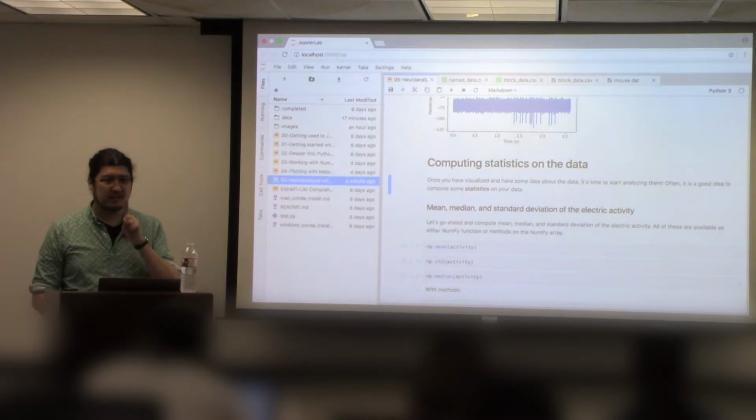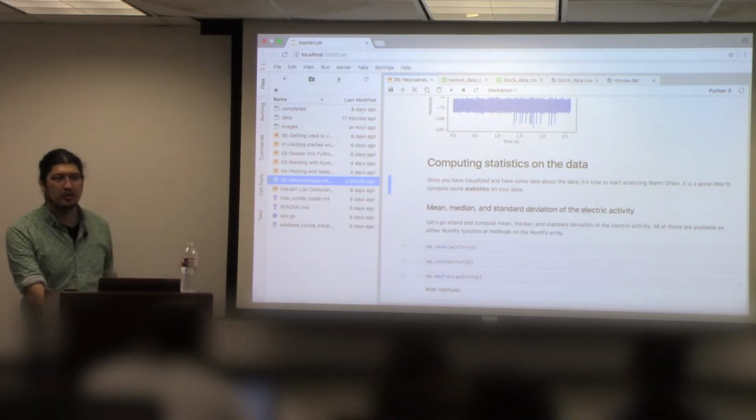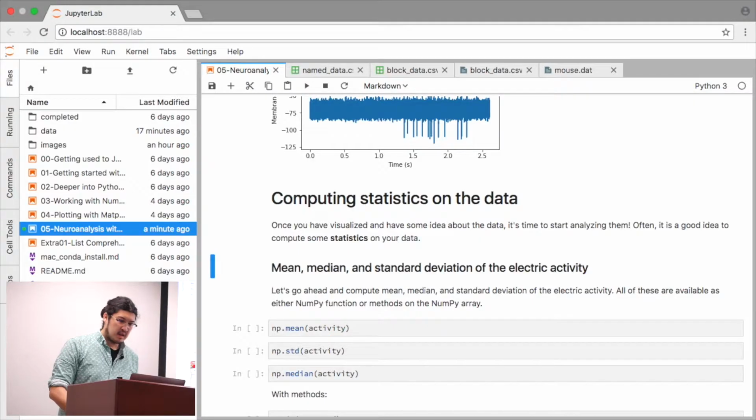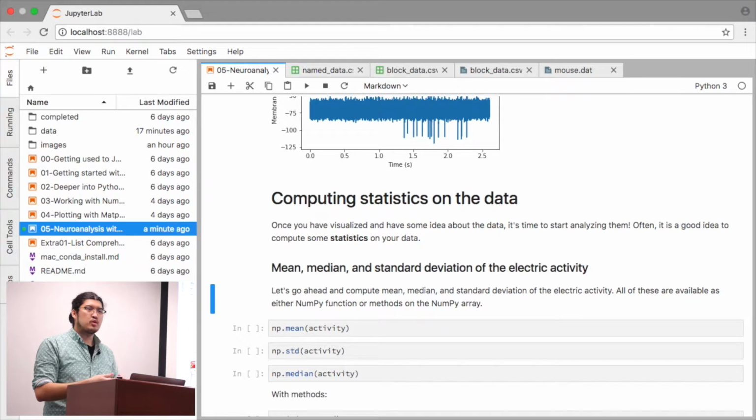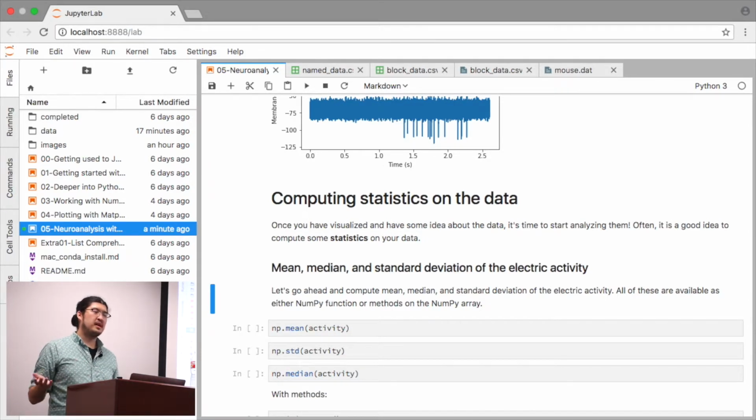Visualization is key. It's the very first thing you should do. But let's do some analysis so we can show that we know how to work with the data. One of the very, very common things to do when you just get data in is to compute a couple of statistics. By statistics, I mean some aggregation information you can extract from the data, which could be anything like